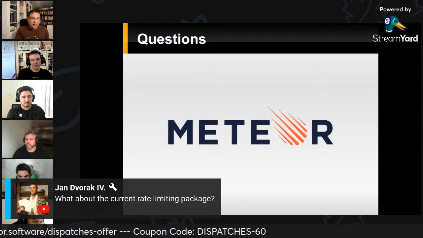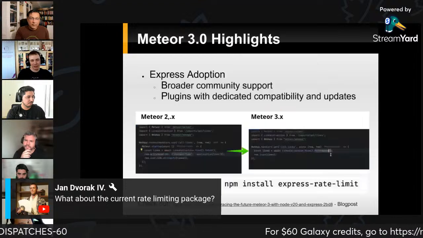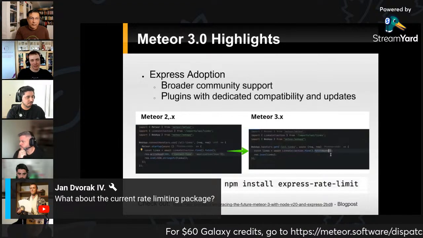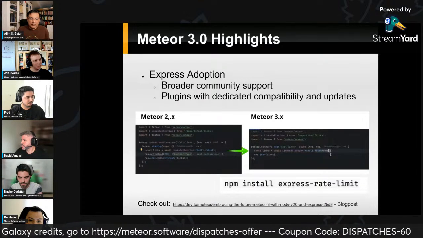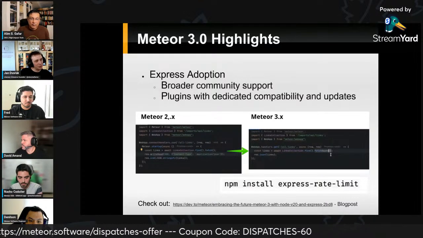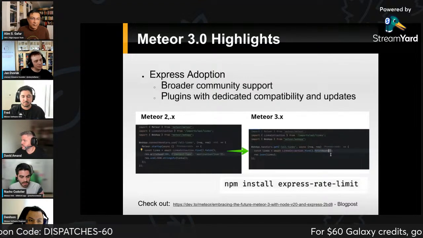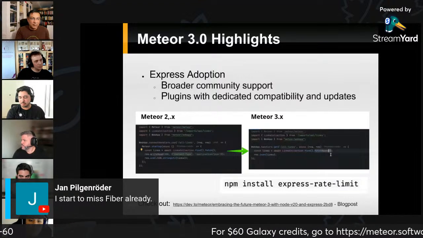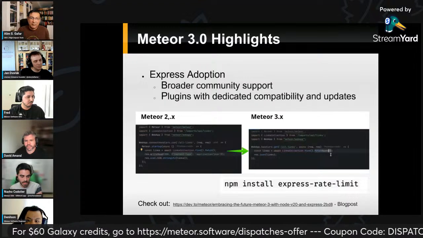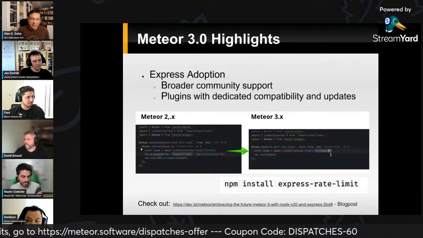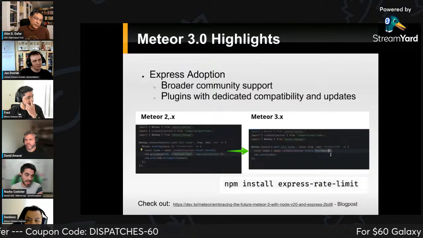So in the slide that you showed, to use the Express rate limiting package, is that replacing the current rate limiting packages, or how does that go? No, this is just an example of packages that are enabled for the community to be adapted in your web app framework ecosystem. So in Meteor, we already have a rate limiter, if I'm not mistaken, but this is for the DDP protocol. And Express is more for the HTTP protocol.